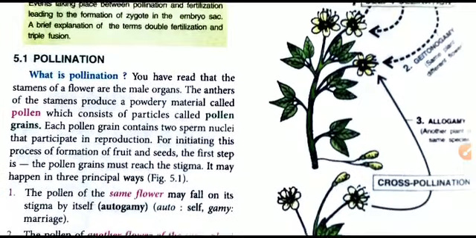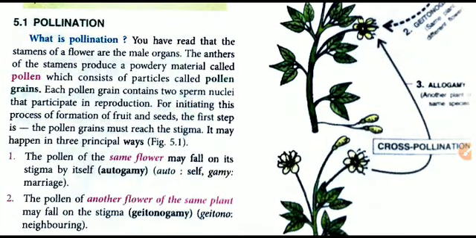In the previous chapters we have already discussed the structure of the flower, which contains four important whorls into which we can divide the flower, and out of those, two are important, called the essential whorls. They are the reproductive structures: the male part called the androecium, and the female part called the gynoecium. That is what we have already seen in the previous chapters, and today we will discuss how these reproductive structures are responsible for reproduction to take place in the various plant species.